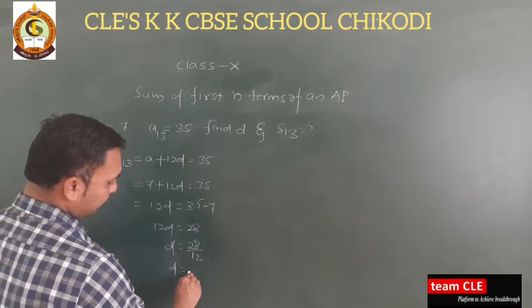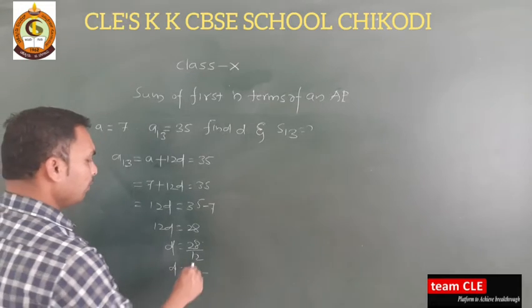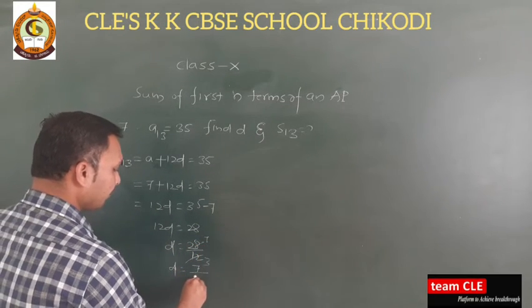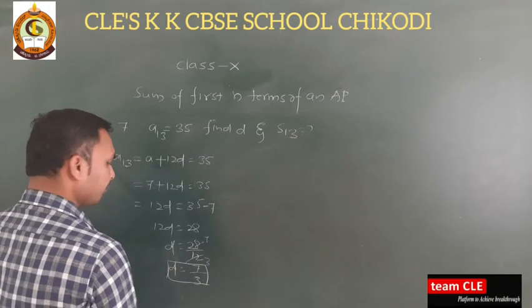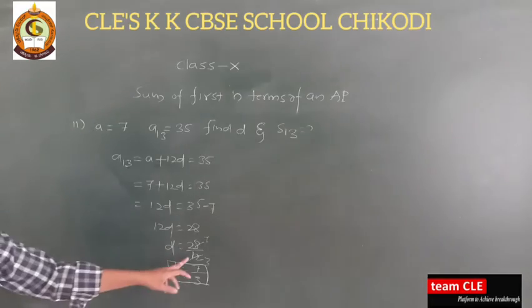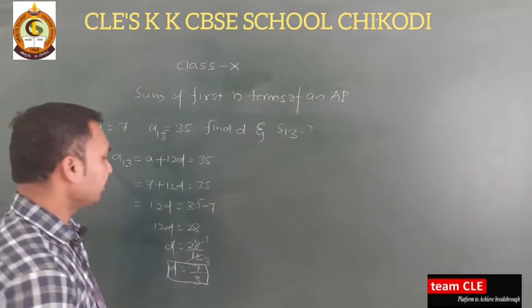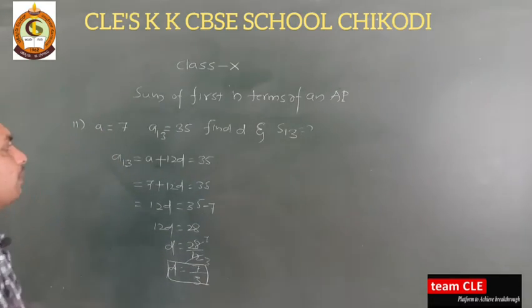I think we'll get this one 3. Okay, in the table we have 4 3s and 4 7s. We will get 7 by 3. So D is equal to 7 by 3. 4 3s, 4 7s, we will get 28, 4 8s 32. Okay. Now next, once you got D is equal to 7 by 3, what we need to find?